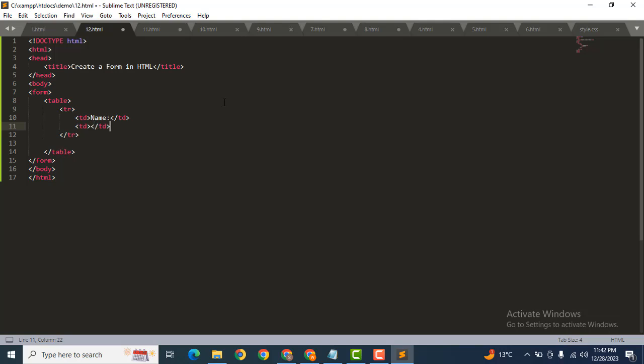Now we can close this tag and add in between input type is equal to text, and after that placeholder is equal to name, name is equal to name. Now close this tag, and after that